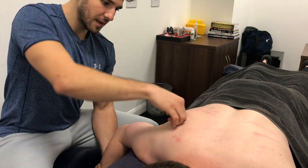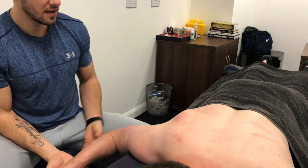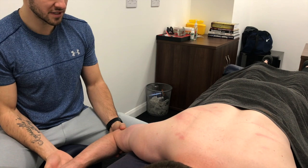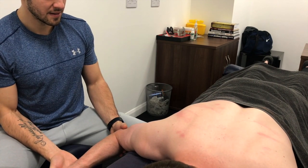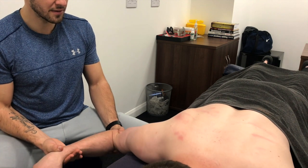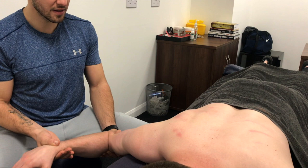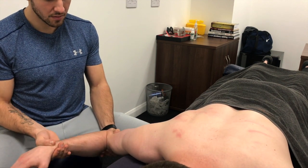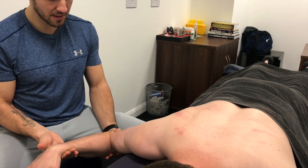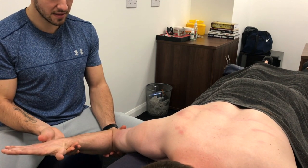Like most of you know, we don't like to put words in people's mouths, but if you just ask people, where can you feel this somewhere else rather than where I'm pressing, they usually say, yeah, it feels like it's going through to the front of my shoulder. That straight away tells you there's some kind of connection with the actual pain that they feel with the movements they're producing. So obviously I'm going to spend quite a good time working on the infraspinatus,